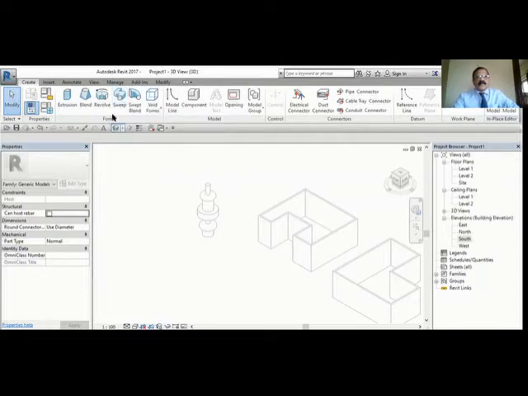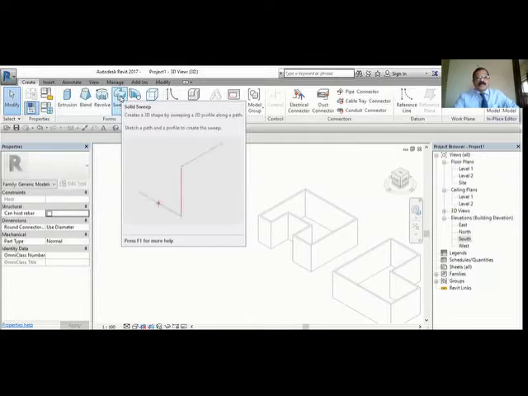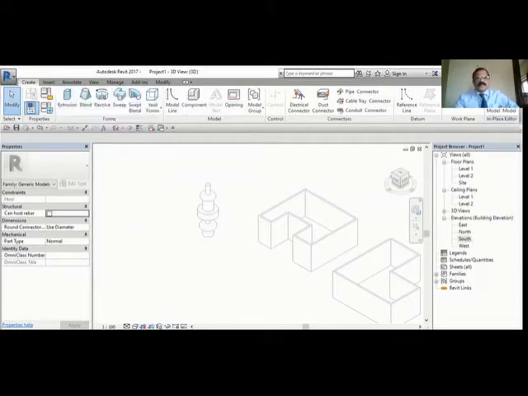Sweep is actually nothing, but we can just hold it and it shows you the video. What is sweep exactly? So for sweep, you require one path and a cross section. So that cross section passes through that and it creates an object. That is sweep. See, this is your path and this is a cross section. It created a 3D object. Okay. So let us create a 3D object using that now.